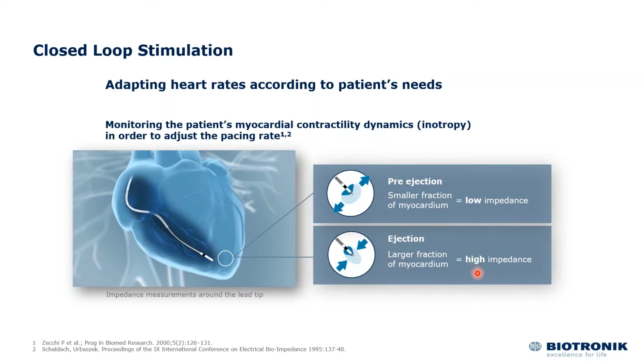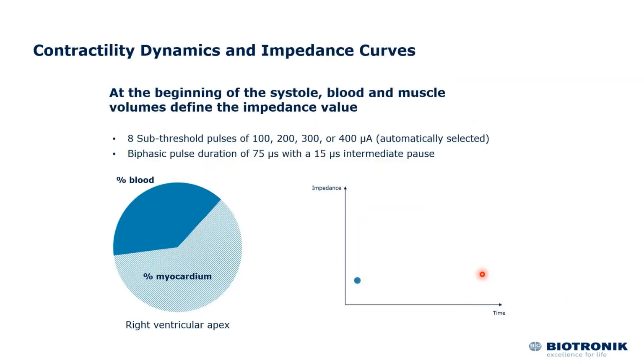And therefore, it translates into higher impedance. And this high impedance itself will be utilized by the CLS pacemaker to adjust the pacing rate. So this is more physiological in that context. So as I illustrate in these few slides over here, you realize that this is at rest, where the lead